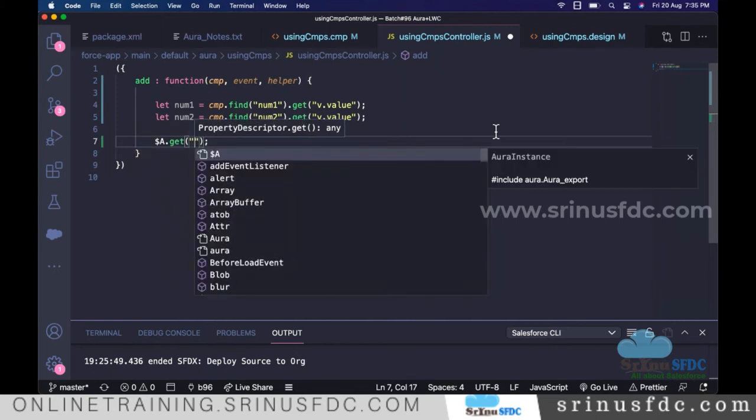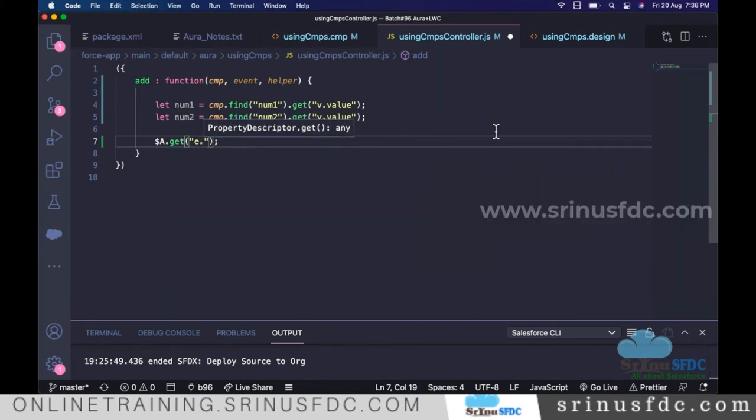We have to mention an event. Actually, there are many standard events provided by the system. One of the events is the toast message, so we can get that event and fire that event. So the process is $A dot get, and here e dot, that is a system event. E means event. So what is the event name? force colon